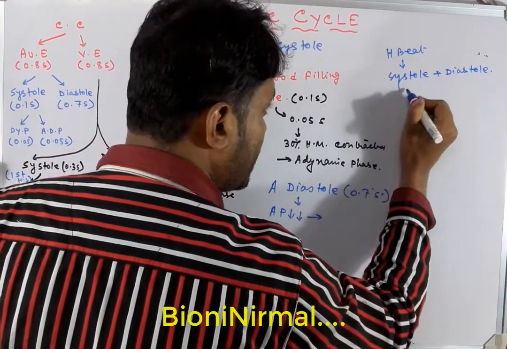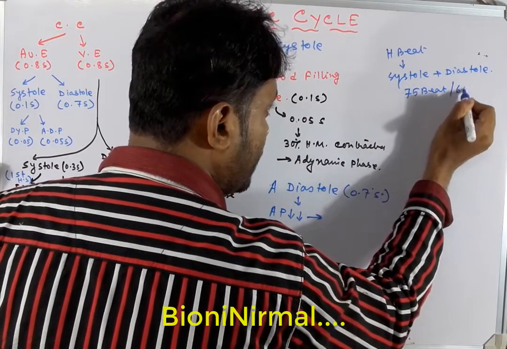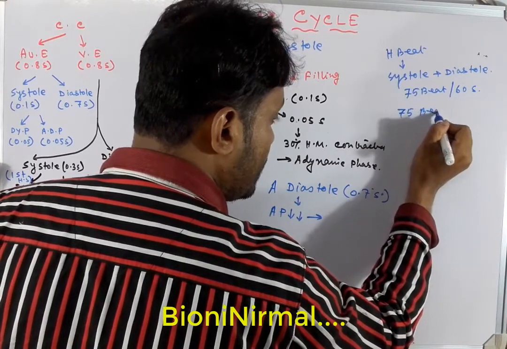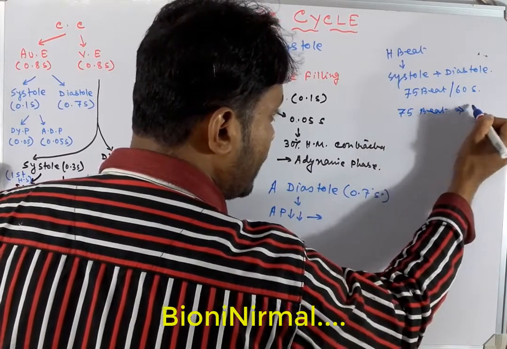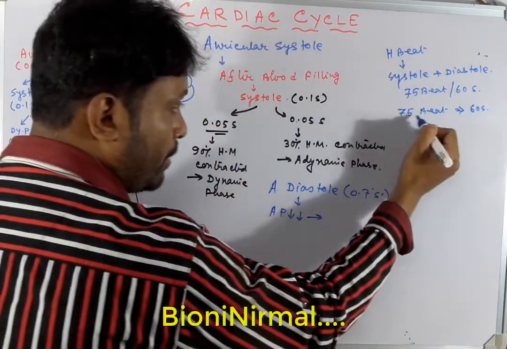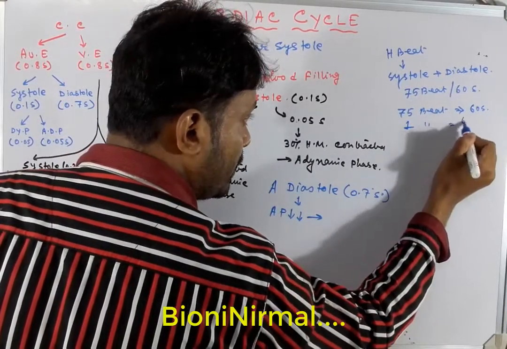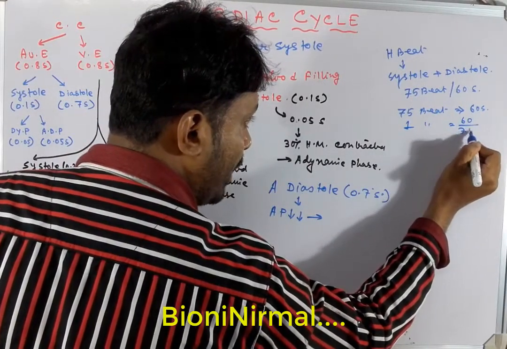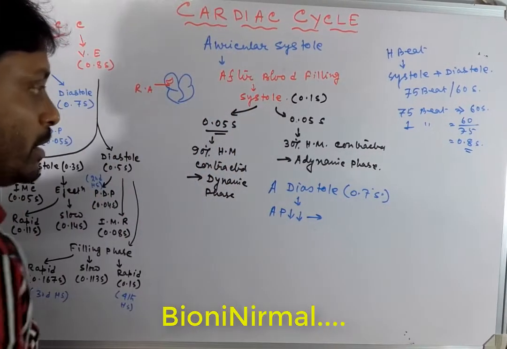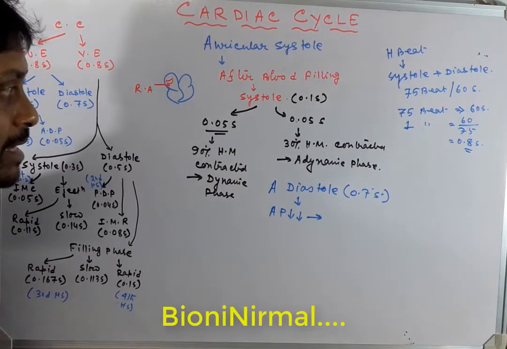Clear? And 75 beats usually occur in every 60 seconds. The heart rate is 75 per minute, so 75 beats occur in 60 seconds. So one beat occurs in 60 by 75, which is equal to 0.8 second. The event which is repeated in every 0.8 second is called the